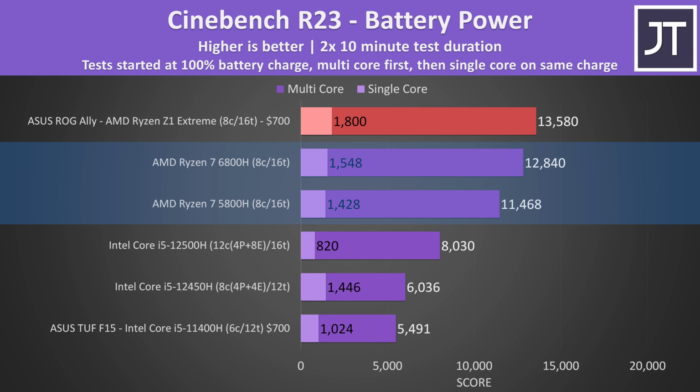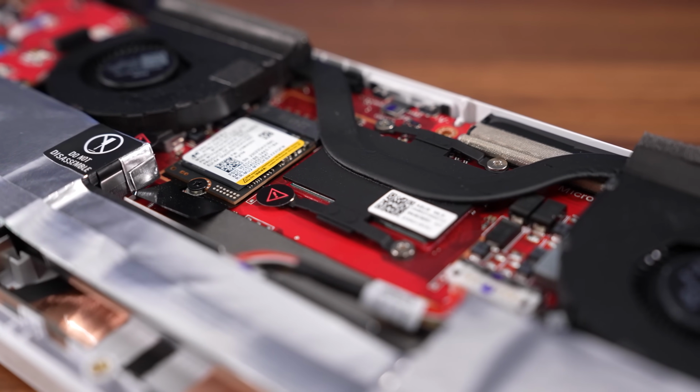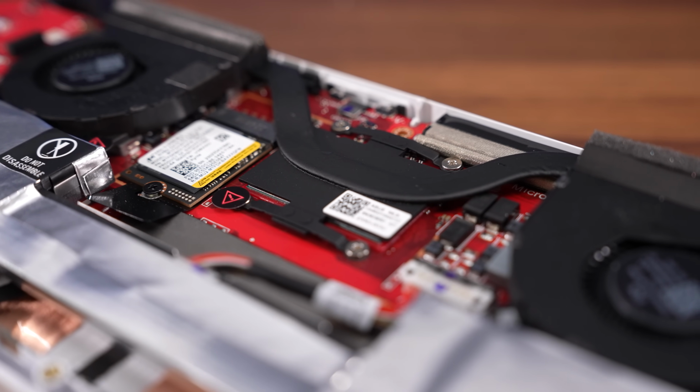AMD's Ryzen processors generally do quite well here, but as the Ally's new Z1 Extreme chip is 4nm, it's super power efficient and beats any other 8-core AMD gaming laptop I've tested so far. Some of these laptops can perform better in multi-core once we connect the charger, but the Ally is still significantly ahead when it comes to single-core performance, which is important in games. The main takeaway is that the Ally does not lose too much performance when we unplug its charger, but most